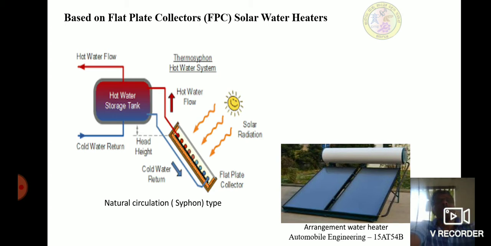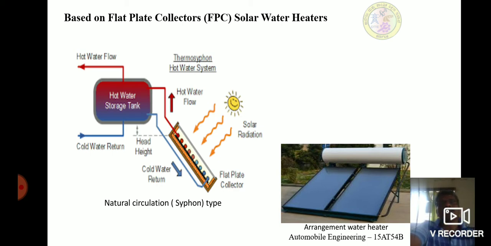The circulating water becomes hot and goes up into the storage tank and collects at the top. The cold water which comes from the supply is always at the bottom and it flows to the collector by gravity itself. You see, the level of the tank is higher than the collector position. The cold water comes and occupies the space in the collector, and the hot water, when it becomes less dense, goes to the top of the storage tank, and from there it goes to the user line where it is to be used.